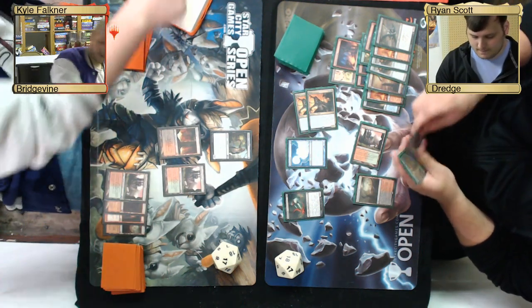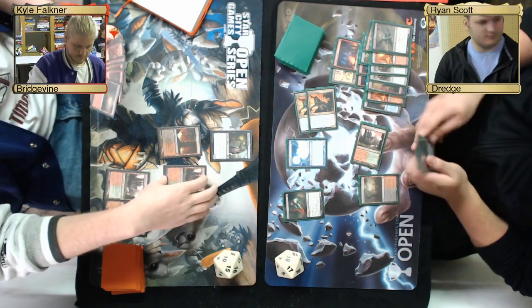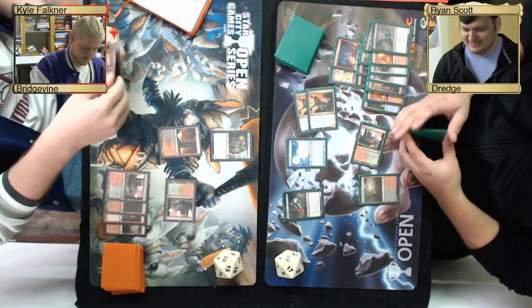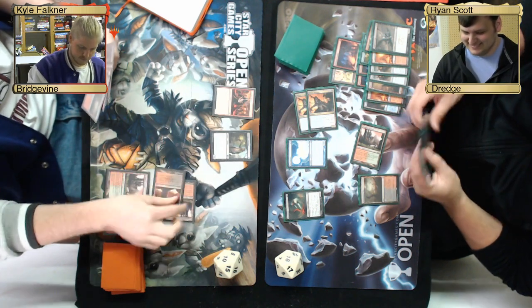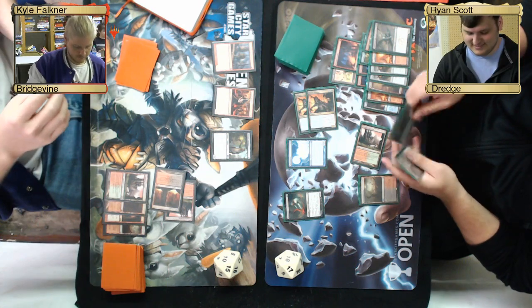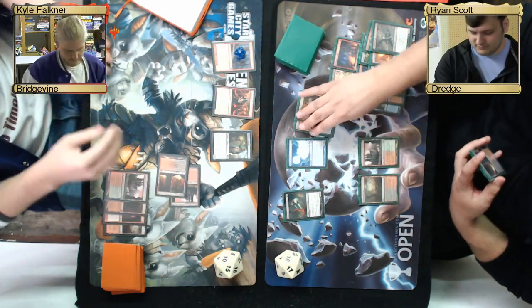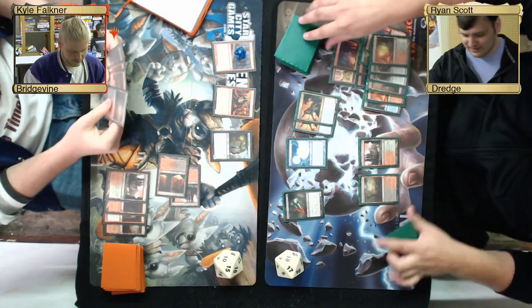Plays Stomping Ground untapped. Goes down to 15. It's turn 3, right? It's turn 2. Turn 2. Yeah. Turn 2, and Kyle has 3, 4, 5, 6 power worth in there. Oh, there we go. And Kyle is going to suspend the Greater Gargadon, plays the instant Neonate, and just says